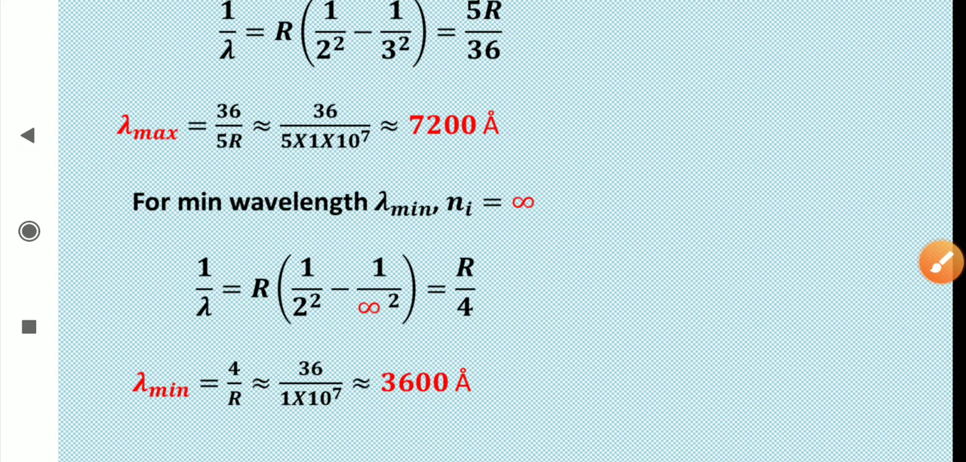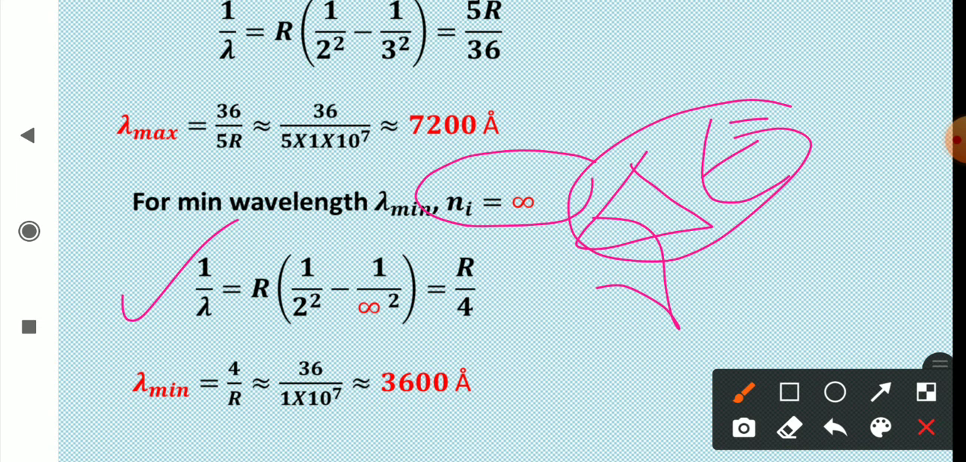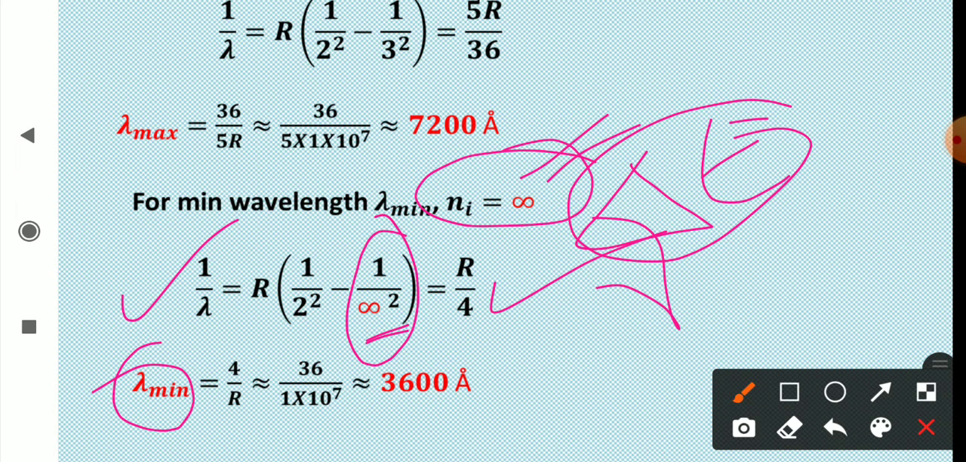For minimum wavelength, this energy difference should be maximum. The frequency should be maximum. So here 1 upon lambda is R upon 2 square, and for maximum energy difference, this initial energy state should be infinity. So putting the value of ni as infinity, this term becomes 0, and just simplify, you get R upon 4 and lambda minimum will be 4 upon R, that is nearly equal to 3600 angstrom, and this is going to be your violet color,